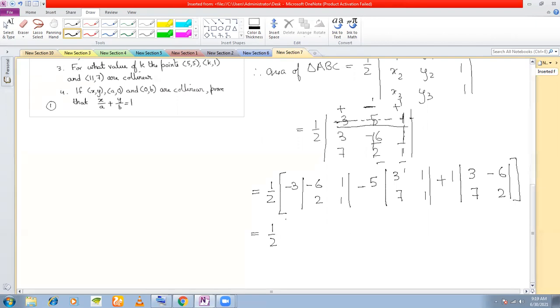So now we can expand each of these determinants of order 2. Multiply these two. How much do you get? Minus 6. Minus the multiplication of these two, minus 2, minus 5. Multiply these two, you get 3. Minus 1 into 7. Plus 1 into 3 into 2 here gives you 6. Minus of minus 6 into 7, that means minus 42 you are getting. Minus 6 into 7 is minus 42, and minus of minus 42 will give you a plus 42.